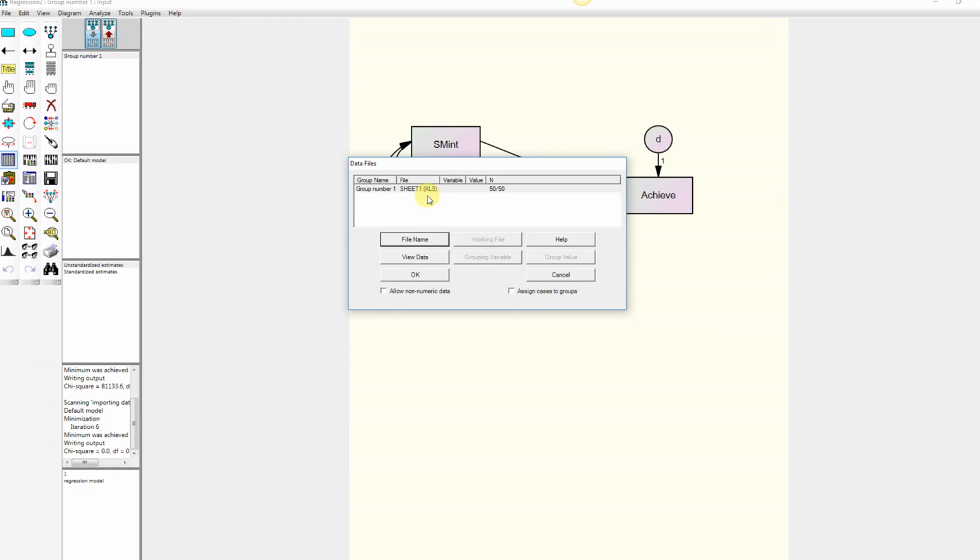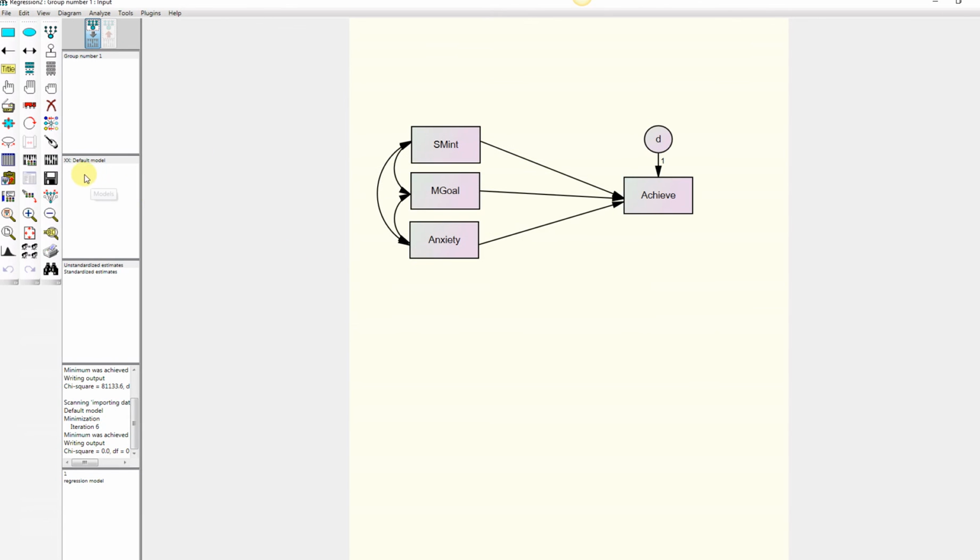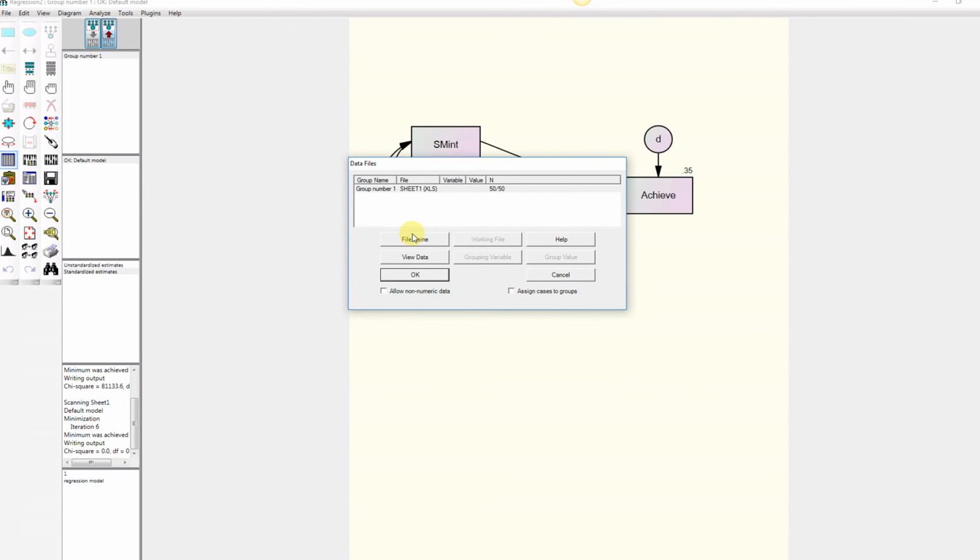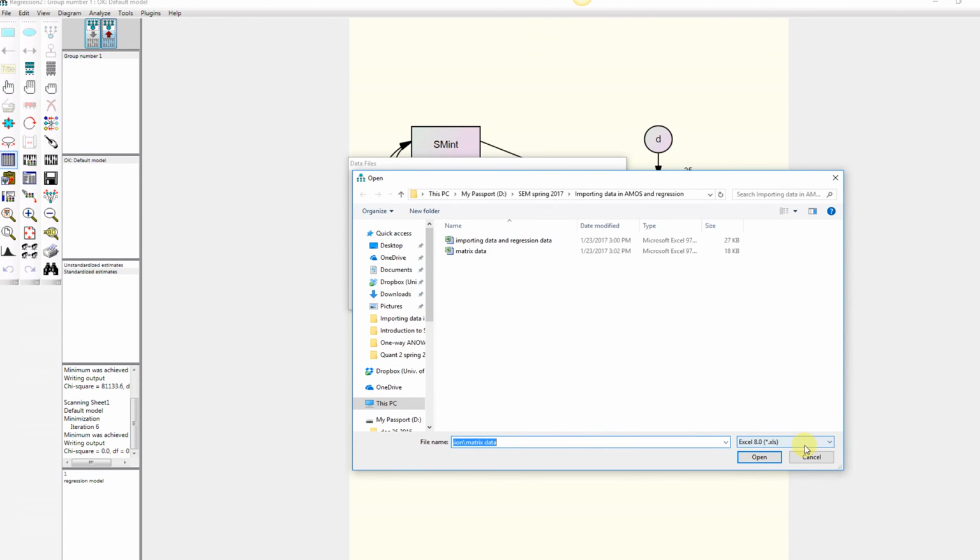The same would go as if I was importing data from SPSS. So I'll go down to IBM SPSS, and I'll just use this little file, matrix data for importing. Click on open, and you can see there's the data file, the Ns listed, OK. And so now once again you can see there are the variable names, and just kind of go back here, and so if I click on calculate estimates,